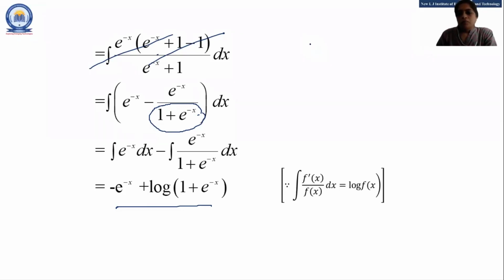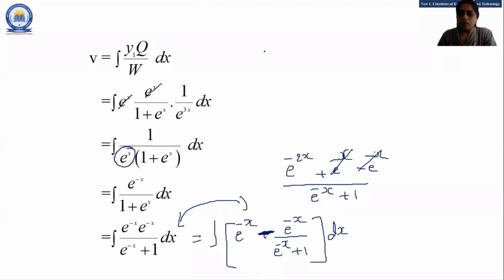Students, till now we learned different methods, and first we learned to find CF for the homogeneous differential equation. When your given differential equation is equal to 0, you have to find CF, right? But if your given differential equation is not equal to 0, at that time you have to find CF as well as PI. For finding PI through the shortcut method, there are a total of 5 cases.